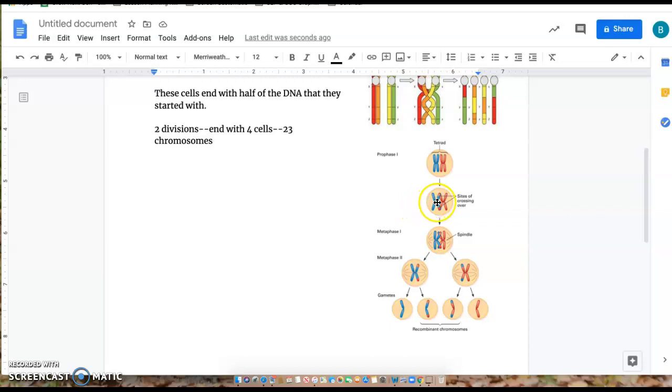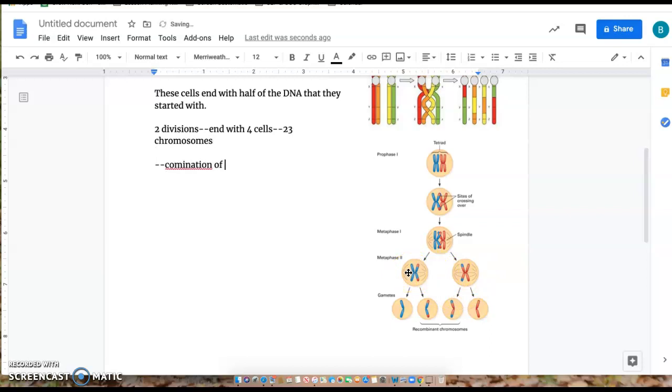At this point, things like blue eyes, brown hair, or being allergic to peanuts, different genes, they're switching through their chromosomes right here. This is called crossing over. And then you can see that when we split, in our first set of splitting, we have some red from this chromosome, and we have some blue from this chromosome. So we end up with a combination